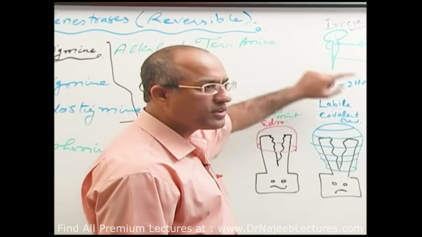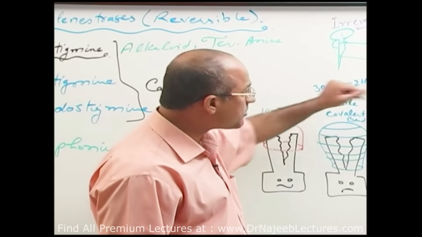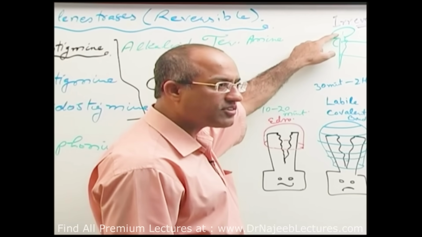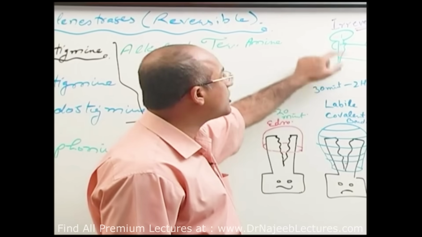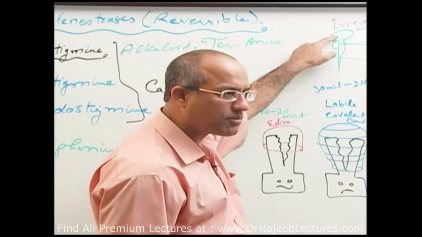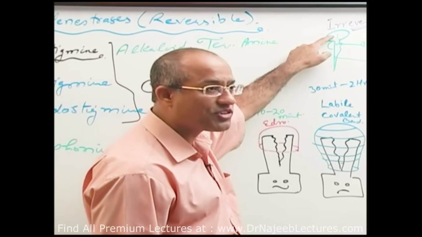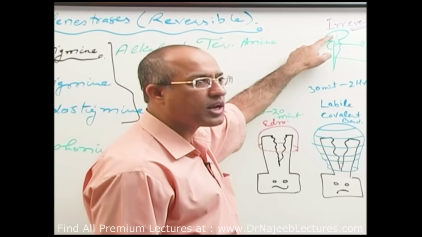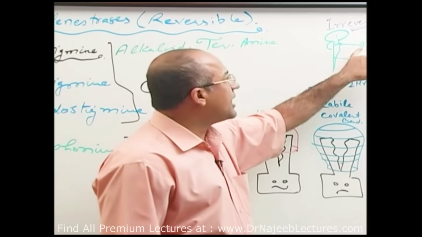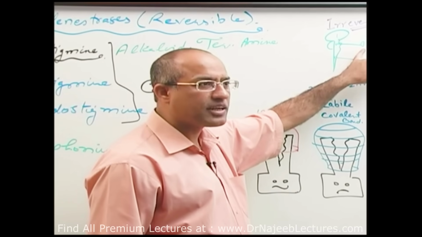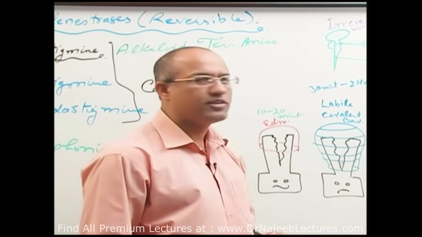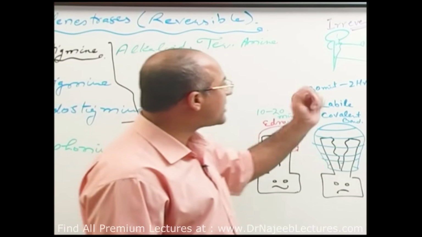Number 1, if some of these substances can cross the blood-brain barrier, they go to the central nervous system and enzymes are inhibited in the central nervous system, there will be very strong toxic accumulation of acetylcholine in the central nervous system, and it may stimulate the central nervous system so powerfully that the patient may develop convulsions, right? Seizures. Secondly, acetylcholine accumulates in the ganglia, sympathetic and parasympathetic ganglia, and there is powerful pathological stimulation of ganglia.